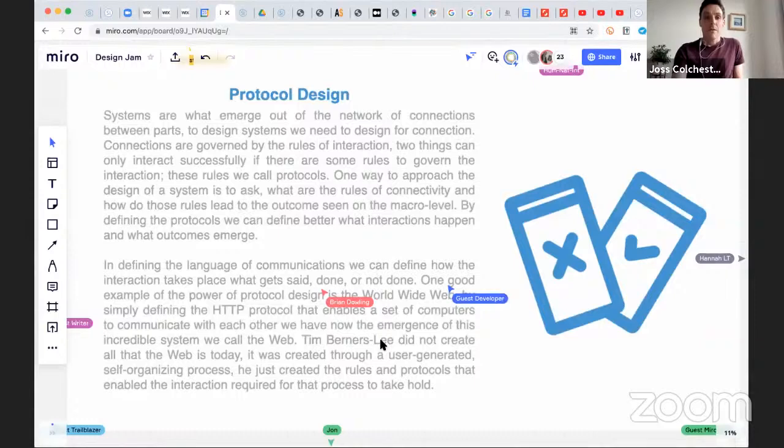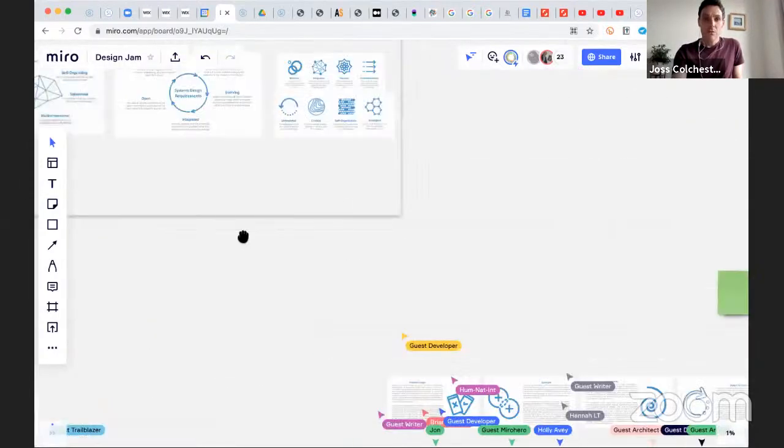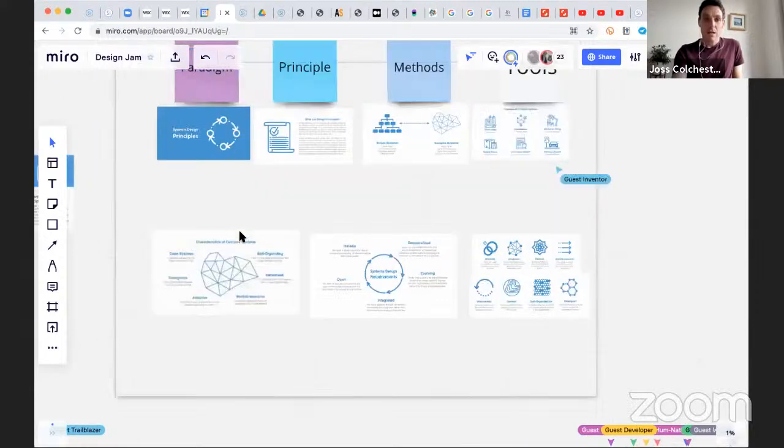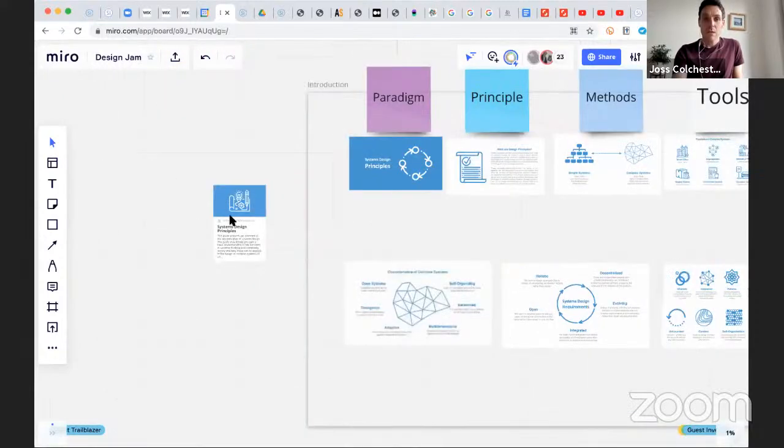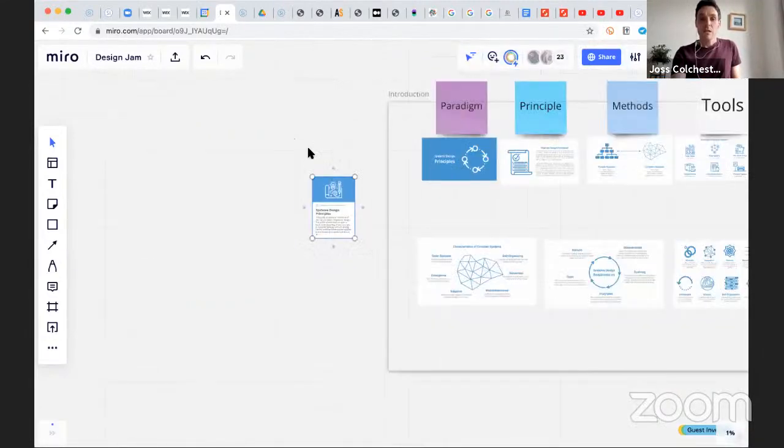Okay, so we'll jump in now. Just one last thing. Where am I getting all this information from? It's from this guide here on systems design principles. So you'll find up here a link to that. You'll be able to find it right there. It's a PDF document on our site. You can find all that there. Let's jump right in down here.